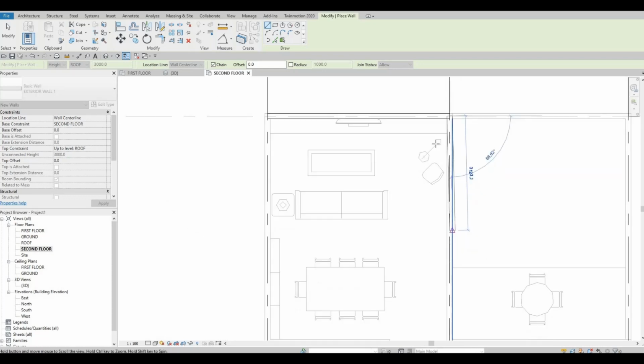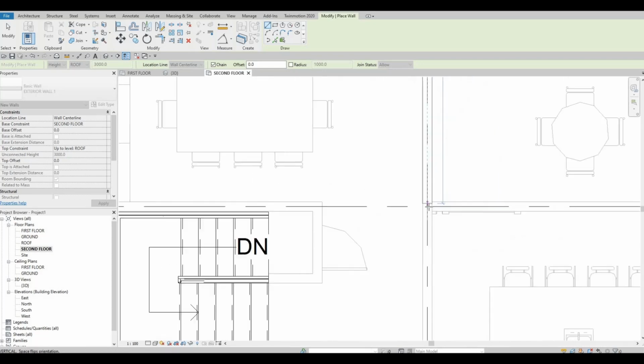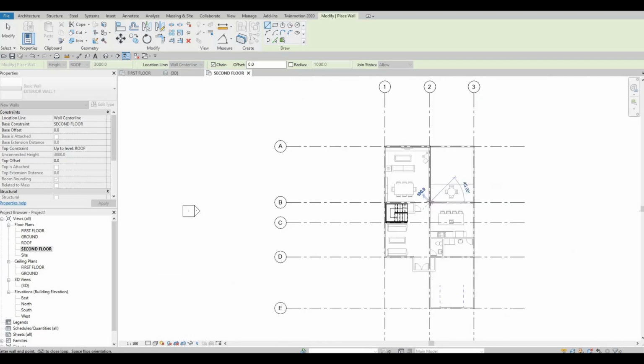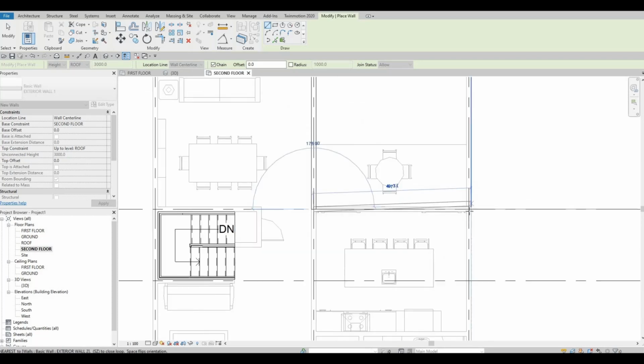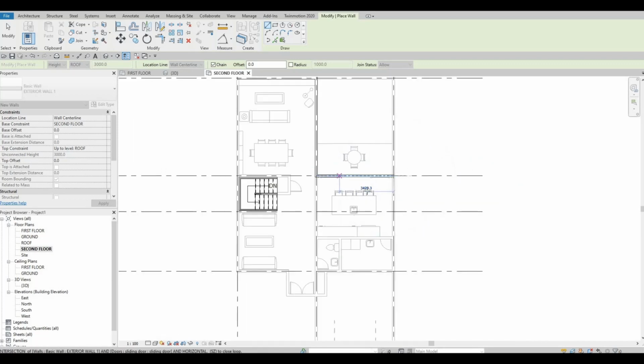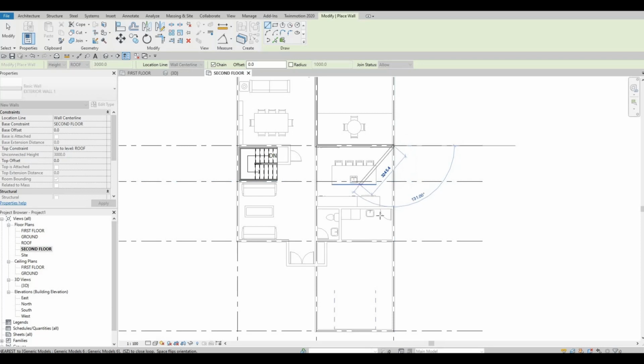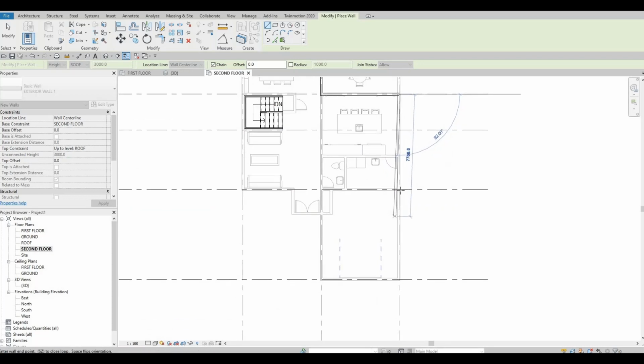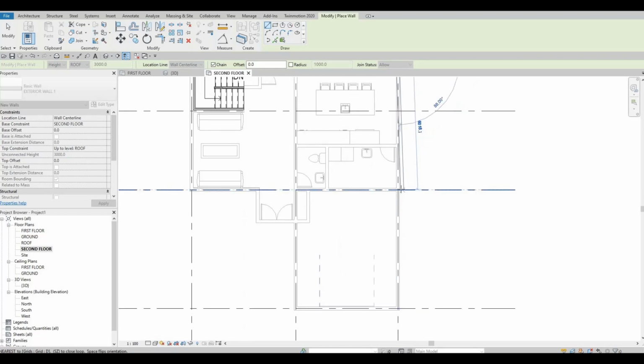Going around here to our B2 and going around B3. We're going to edit this because we need to push this one back to have some room. But for now, we're going to concentrate on here just to get the perimeter walls. And then here, you can select